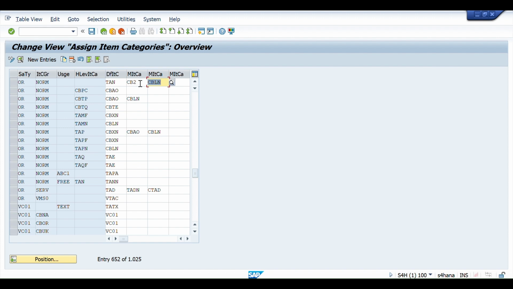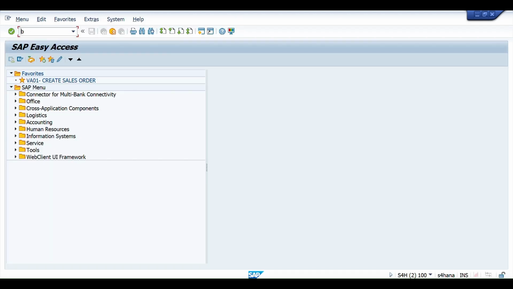now that we understand the configuration, let's see whether a change in VOV4 actually impacts the sales order. Now we can see currently for our OR and norm combination, default item category is TAN. So whenever this combination is found, SAP will determine TAN. Now I will create one sales order. So to create a sales order, T code is VA01,